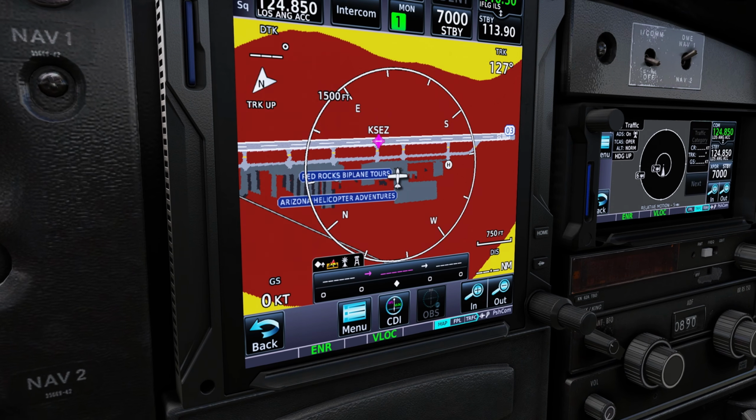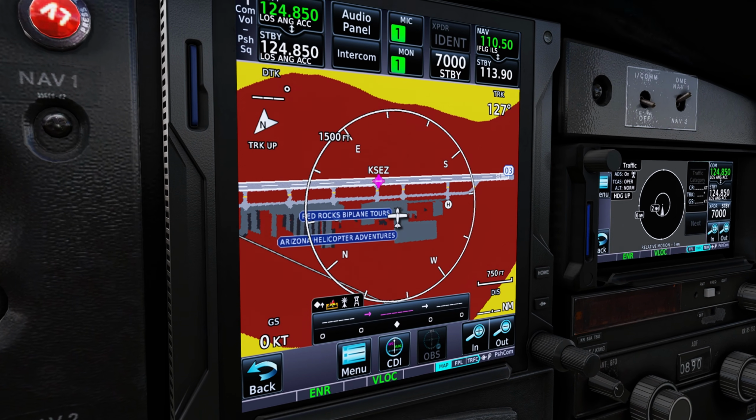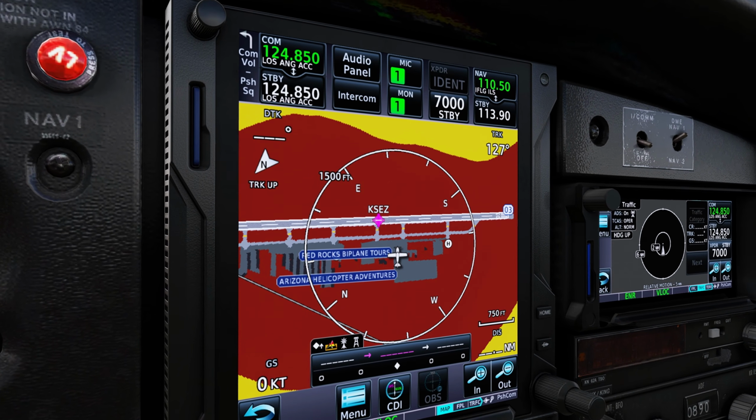Now we will obviously be doing several flights on the channel going forward with this add-on, so make sure you